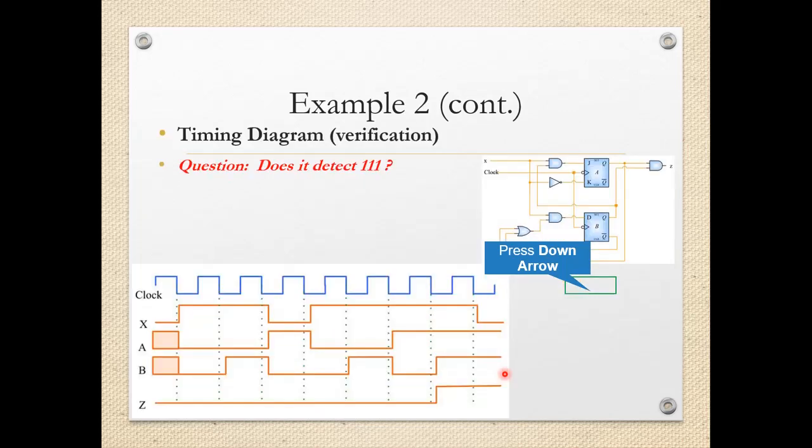So when the clock is continuously coming, and this is the X input which is coming, as per our design needs, we have to detect 1, 1, 1, that is continuously 1, 1, 1 should appear for the 3 successive clock cycles. Then only the output should be logic high. So this is the X input. It is logic 1, and then it is becoming logic low. So continuously it is not logic high for the 3 successive cycles, hence the output will remain 0.